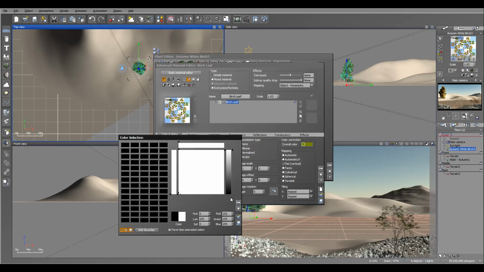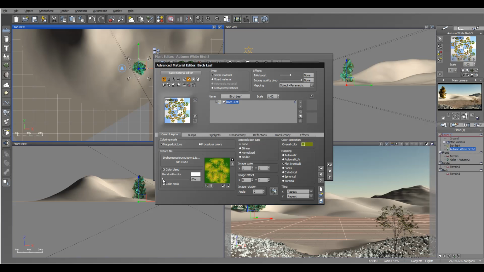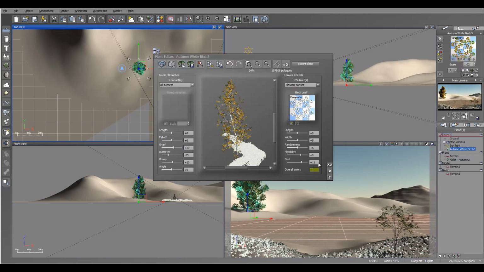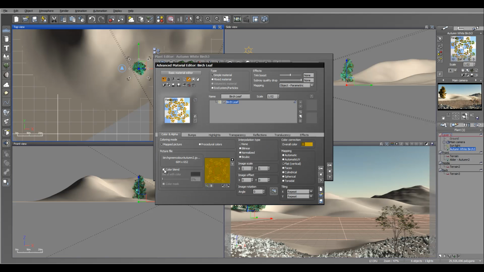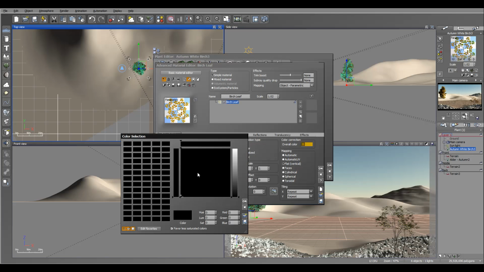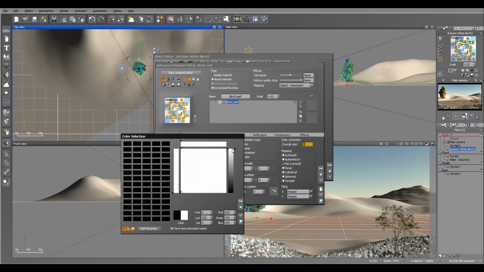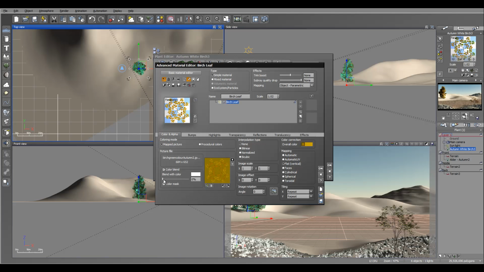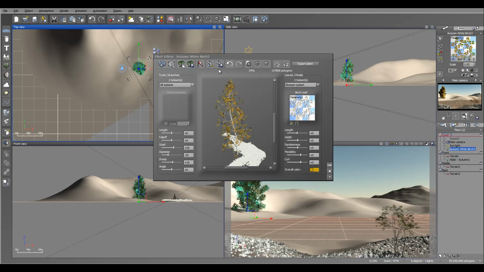So we'll set the color all the way to white. Okay, bring it very close on one, and we have a second one. So the same things, color. Okay, white. Okay, and let's do color mask and move this maybe only about 56. Click OK. Then next, I want to save this as a species, so we'll click save,